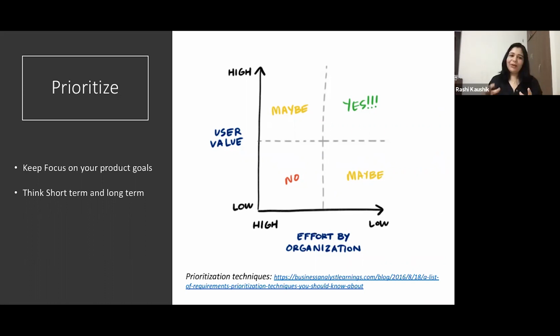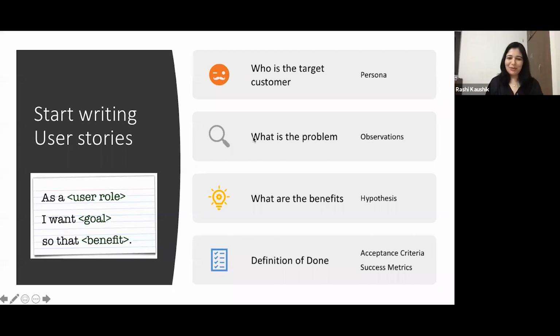For the other one, which is high value and high effort, these are actually major projects or big bets for you. And one thing I think that can help is you might want to break them down into smaller chunks and try fitting them again into the quadrants. So I put a link here which can give you more details on different prioritization techniques that product managers use. Please review that link and see what works best for you. Okay, so now you have prioritized. And kudos to you that you have come so far. You finally have a prioritized list of ideas which needs to be executed.